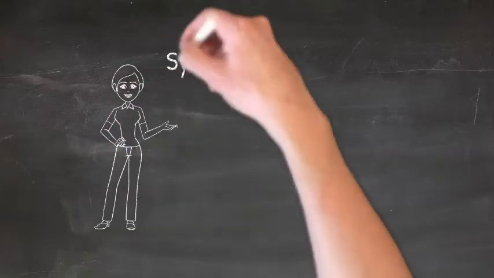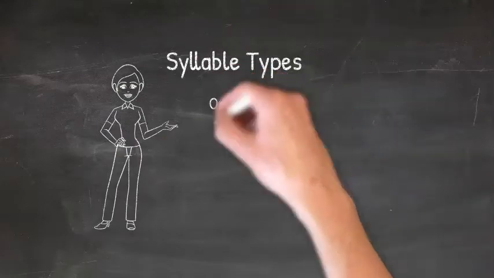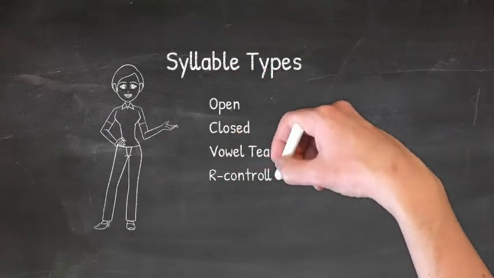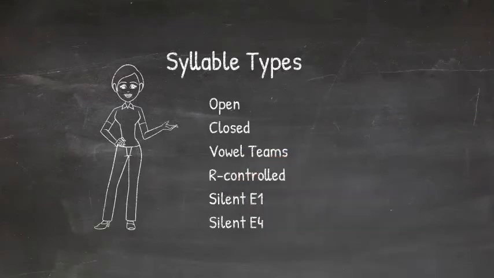There are 6 syllable types. There's open syllables. Vowel yells a long sound out the open door because there's no consonant there to close it. Closed syllables. These have a consonant closing the door on the vowel, and the vowel will say a short sound. Vowel teams. These are your combinations, like EA, OW, anything with a vowel in it. They can say anything they want, anywhere they want, regardless if somebody's closed the door or not.